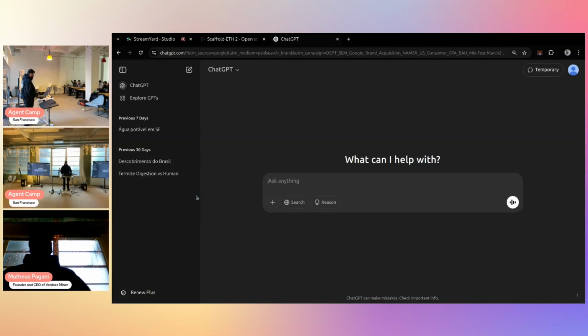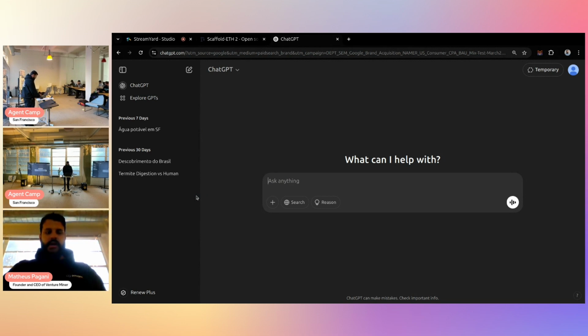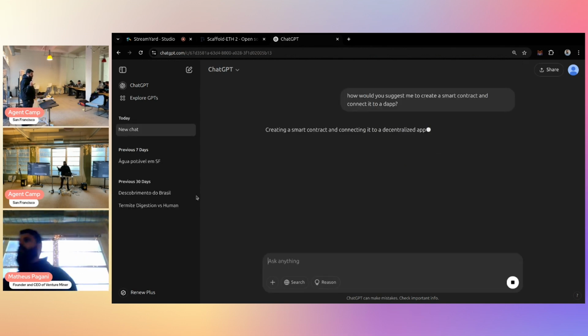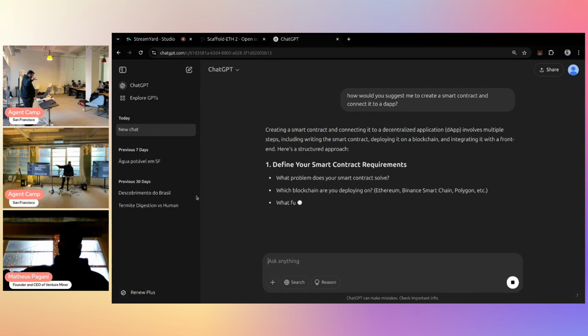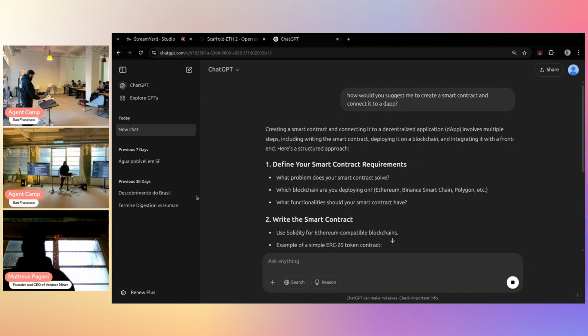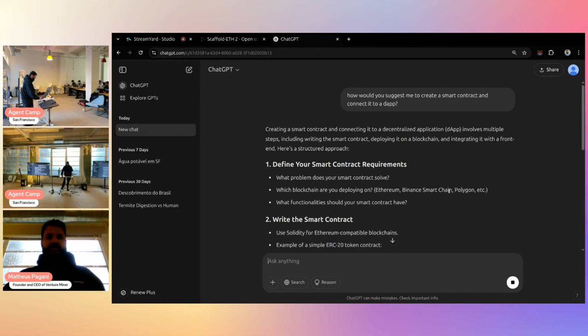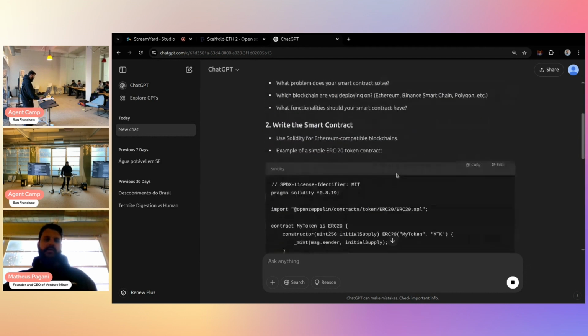Okay, so I can ask, how would you suggest I create a smart contract and connect it to the app? Let's see what GPT-4 suggests. They suggest chains like Ethereum, Binance Smart Chain, Polygon, okay.